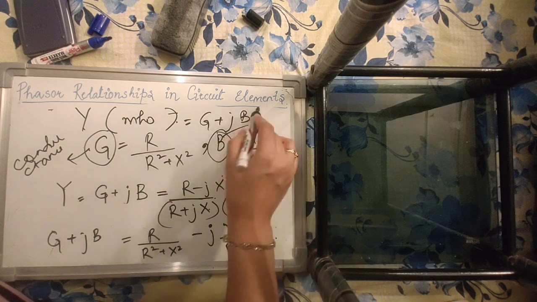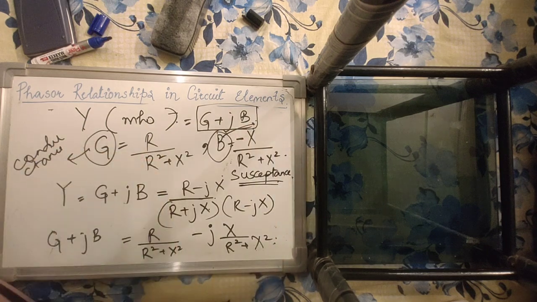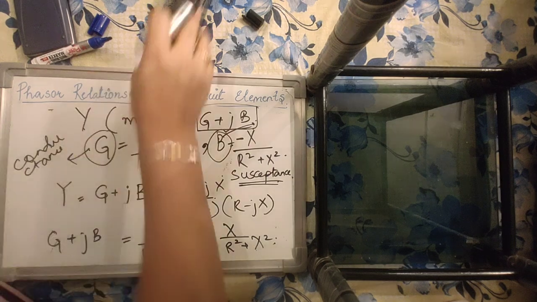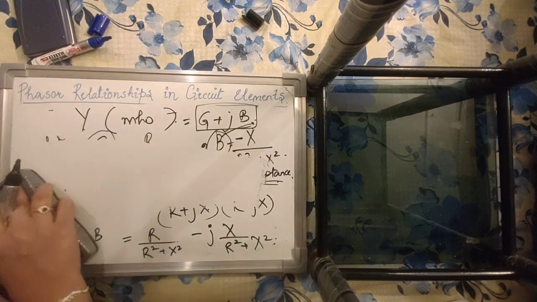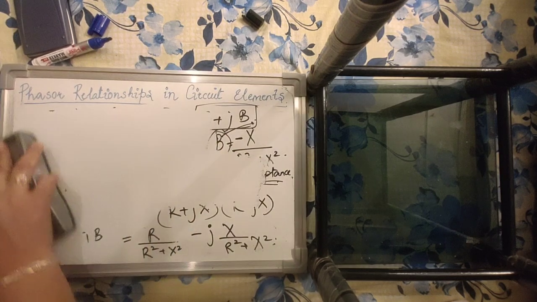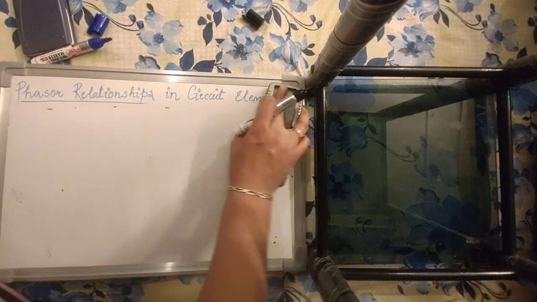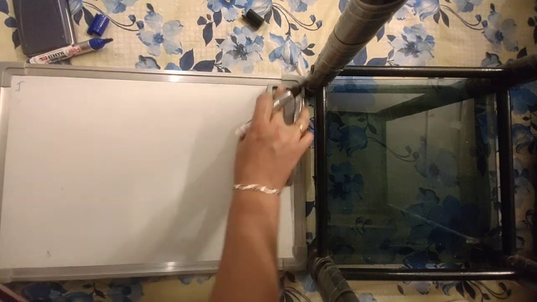And together they form a complex number, that is the admittance of the circuit. Now that was all about phasor relationships and the concept of impedance in your AC circuits, as well as the concept of admittance in AC circuits. We will do a small question that will help you clarify the concepts that we have studied in the past